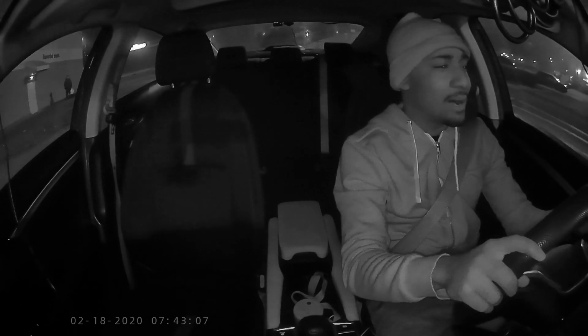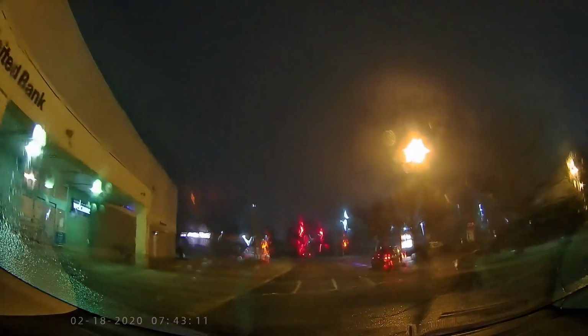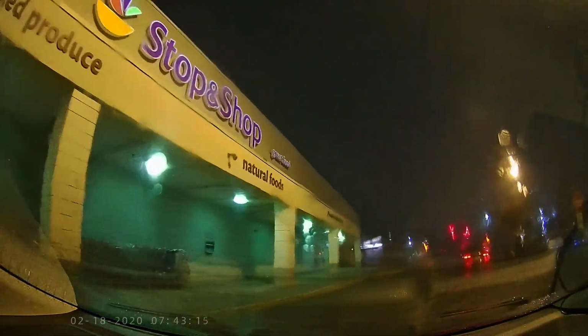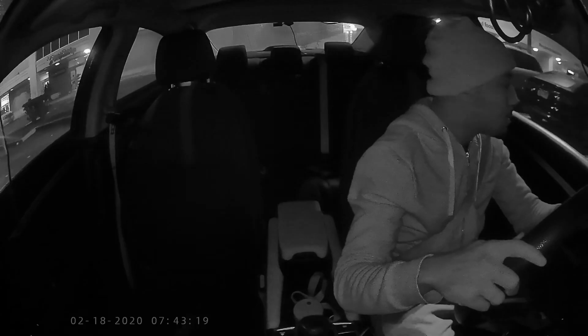Now I also have my rear camera. This is going to allow me to use this as a rear mirror, which is pretty cool. But the problem with that,